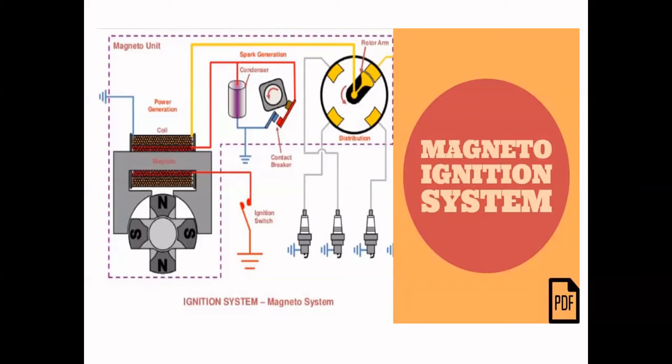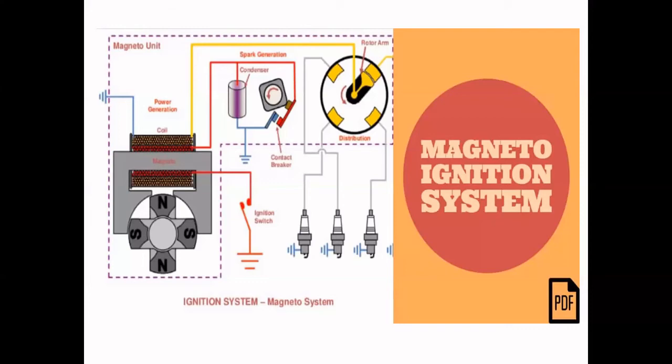Another component you can see is the spark plug. This is also a very important component. The spark plug is used in the ignition system, and it has two electrodes. You can see at the bottom there is a gap. It is surrounded by the steel shell. It has two electrodes which point at each other.